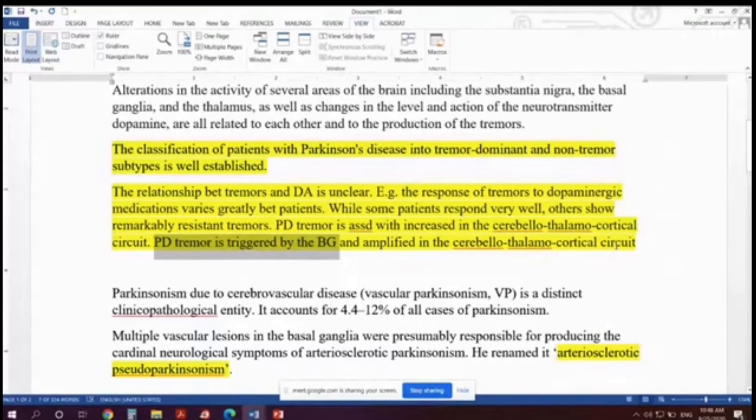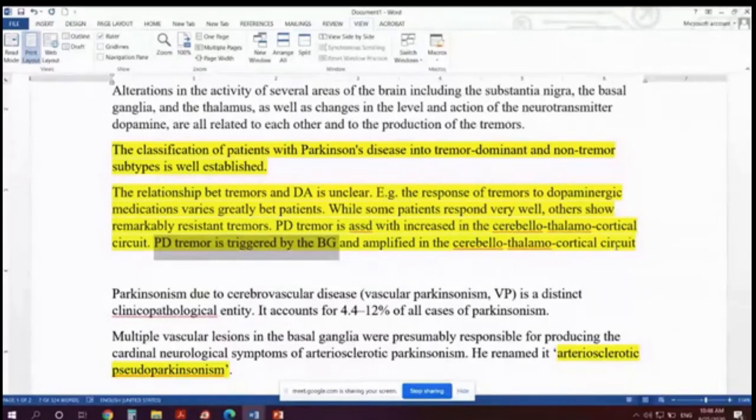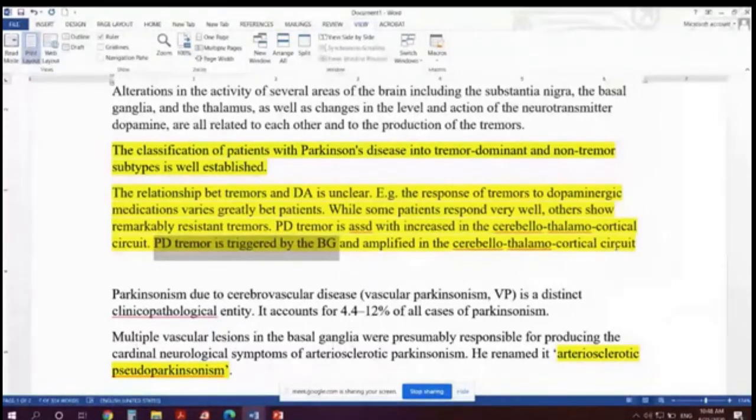This adds another layer of complication, because there are so many tremors, at least 5 types of Parkinson tremors. One of them is the resting tremor, which occurs only at rest. But if you hold something or catch something, or shake hands with someone, the tremors go away. The second type is action tremor, which occurs when you do something, so it's almost the opposite of the resting tremor. The cerebello-thalamo-cortical circuit is responsible mainly for the action tremor. So you initiate and then stop.